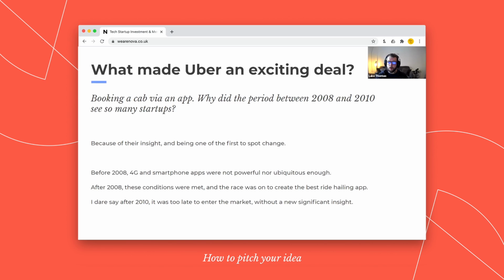So think about how that relates to your project. What's changed in the world that makes now the right time? And how come in 2 years will it be too late? Because if it won't be too late in 2 years, then there's no urgent need for the company, right?